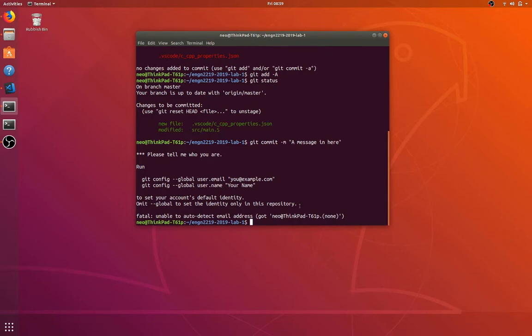As you can see, we've had a bit of an error here. Now, as with a lot of errors in the terminal, you can work out what the problem is by reading the error message. "Please tell me who you are. Run this command and this command." So what we're going to do is exactly what the error message tells us to do. Git doesn't know who we are, so we're going to run these two commands to tell it our email